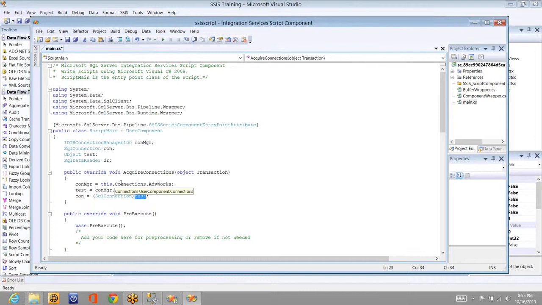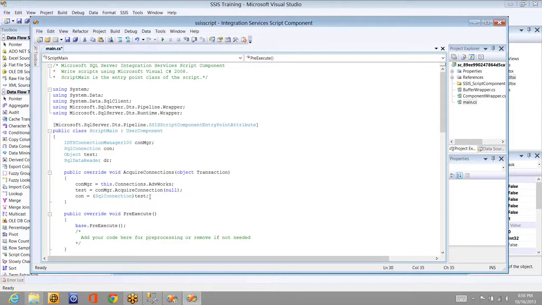I think it will create a problem when you directly use this to convert to the SQL connection. So I just moved it to an object variable, and then I'm typecasting it to a SQL Server connection. Now we have done that. We have converted the type of the connection, whatever we have created outside, to the SQL Server connection type.